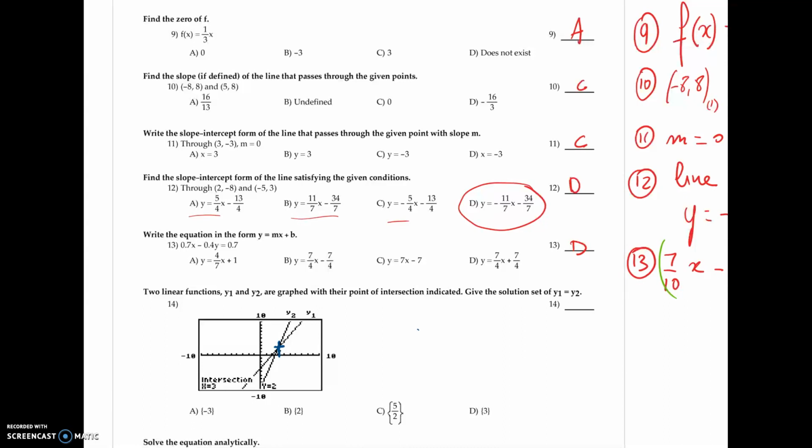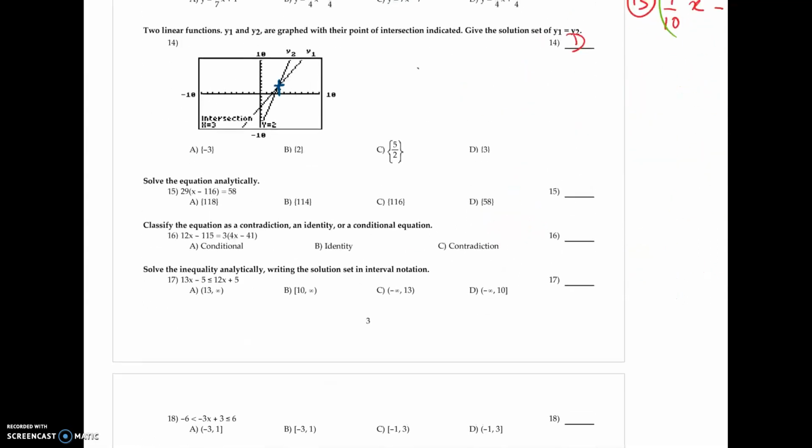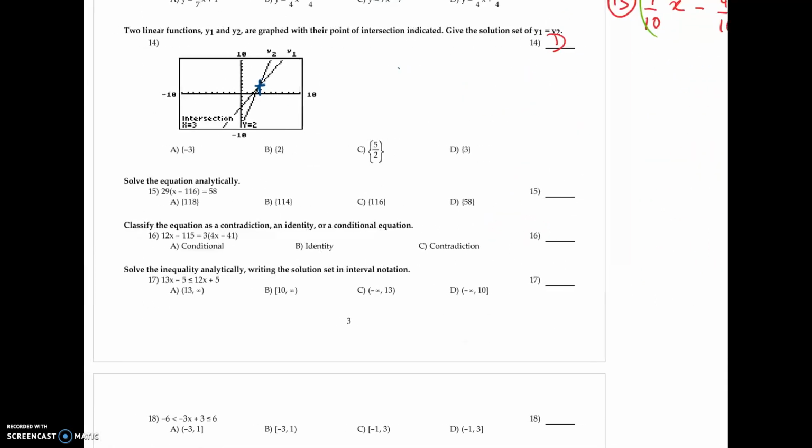and that is at x equals 3. So the answer is pretty easy. It is D. Problem number 15. Solve the equation analytically. So we got, on problem number 15,